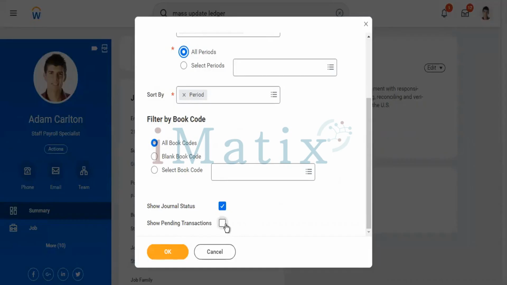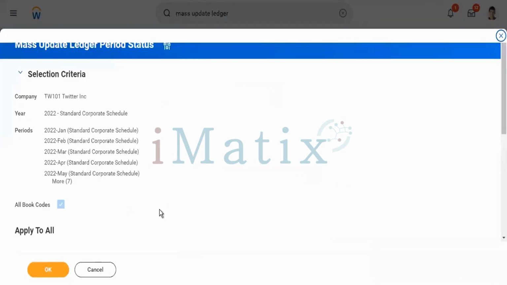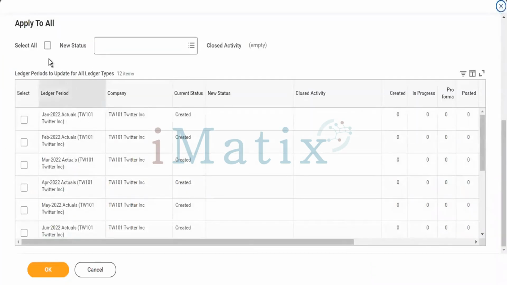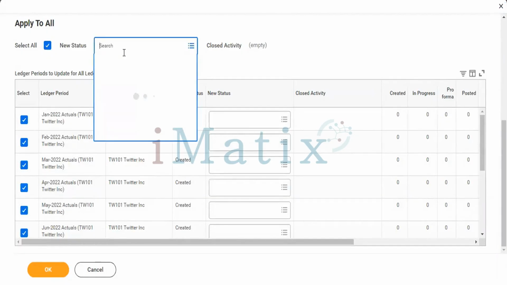Sometimes when you are closing a book, you click on this check box here. It will show you if any pending transaction is there before you close the book. You go and we'll click on this select all, instead of clicking this one by one. We'll go to new status